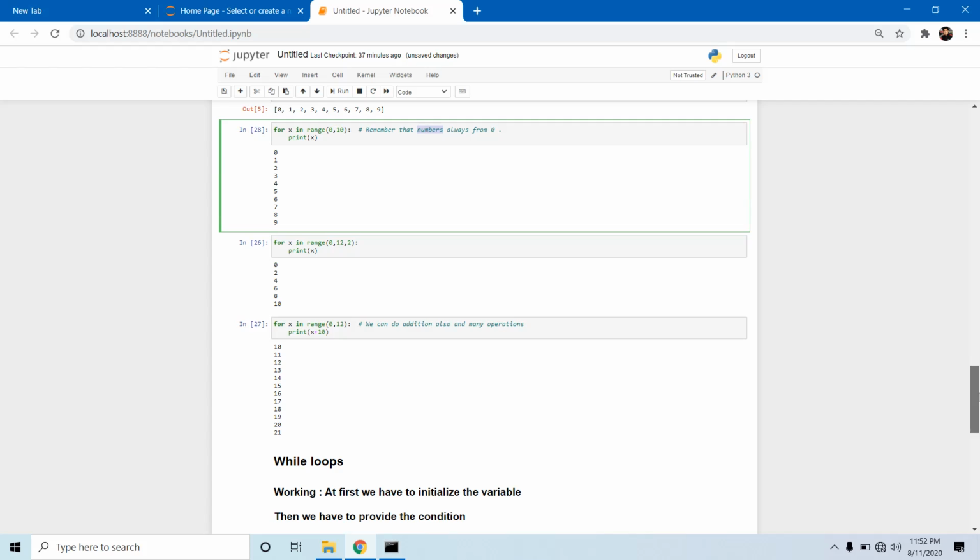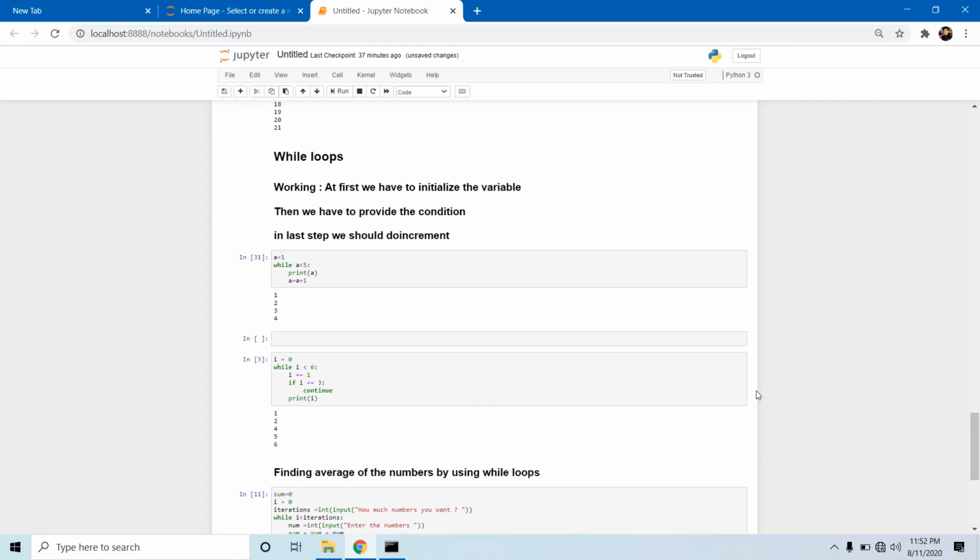And look here, I provided 2. It will take 2 steps to generate a number, like 0, 2, 4. It will skip one integer in between.